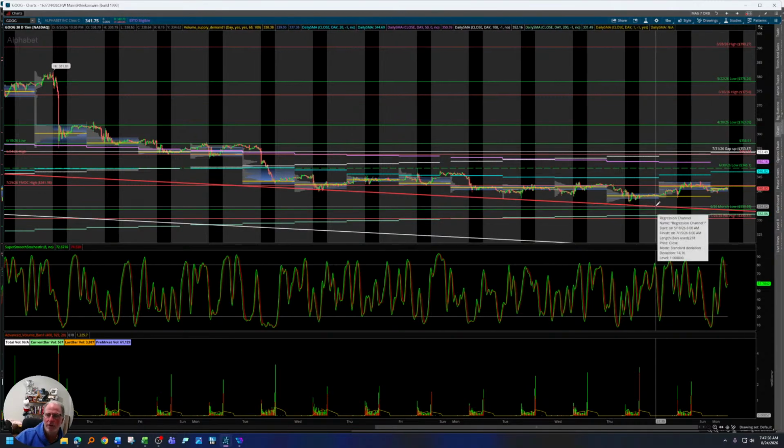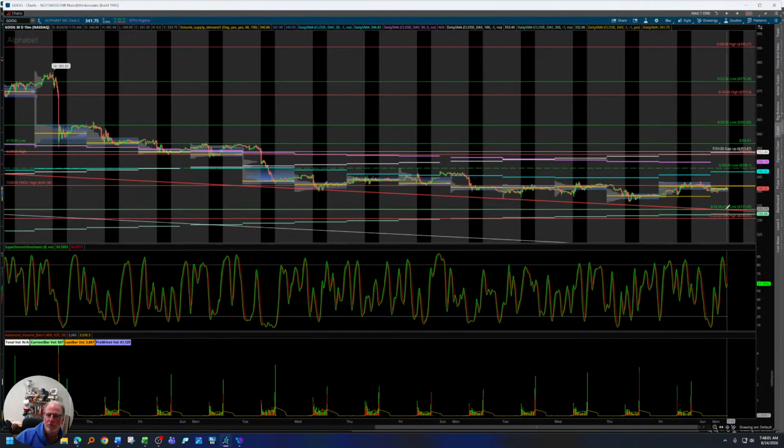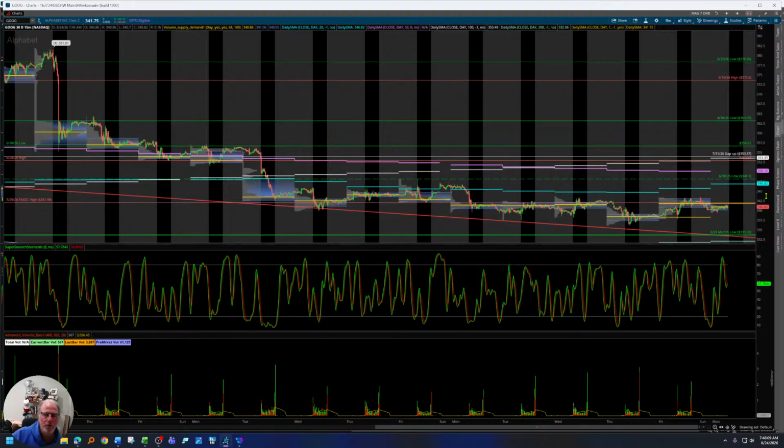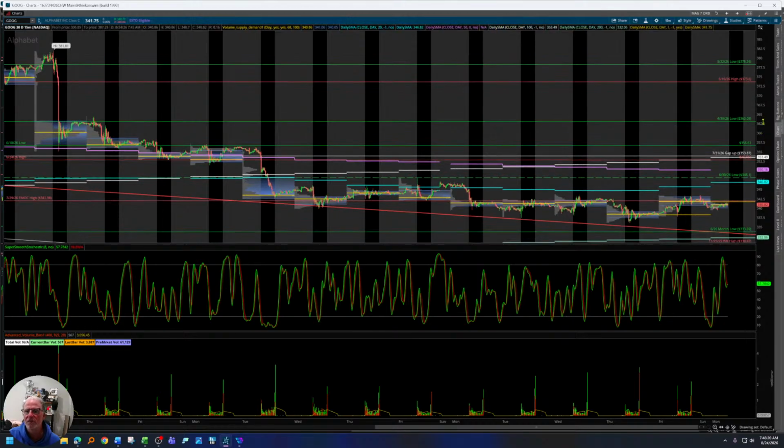We're sitting right above this regressional trend line that I have here from earlier. It's a short one from May of this year. So a pullback to 333.69 to 332.06 would probably be a decent long. For long-term upside here, you've got to get above this 353.87 level. It's a previous gap up. And then if you can get above that, you could start pushing back up into these levels of 363